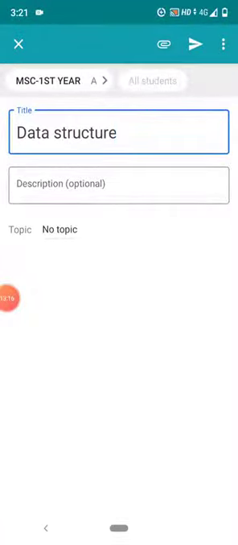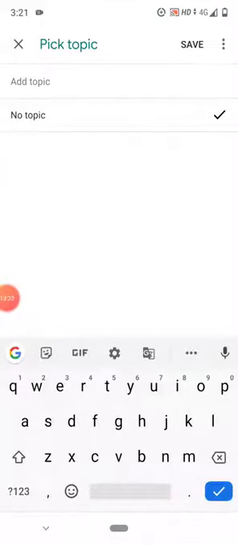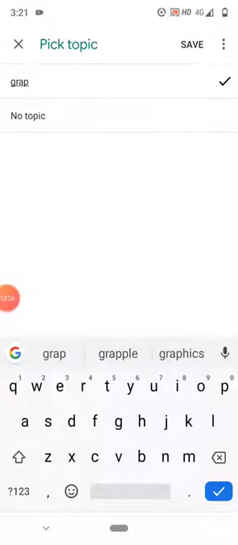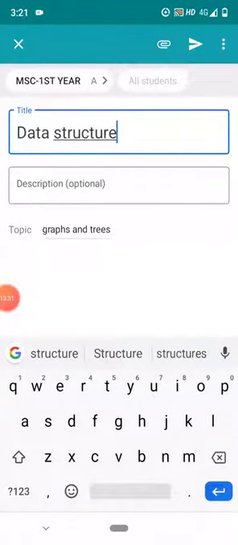Right now there is no topic, so I will mention the topic also. Graphs and trees. Click on save. If you want to add more topics, you can do. Then click on the send button.